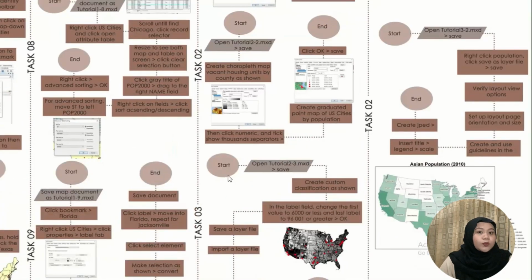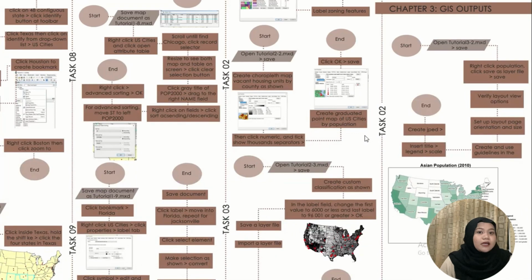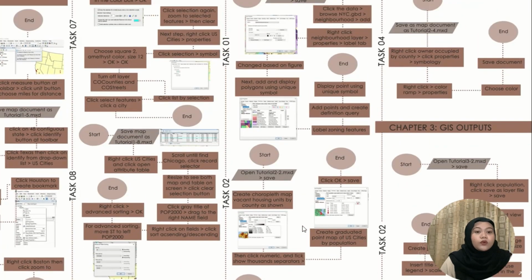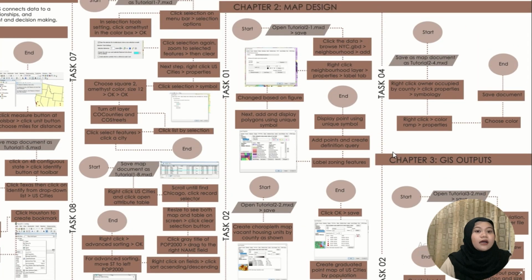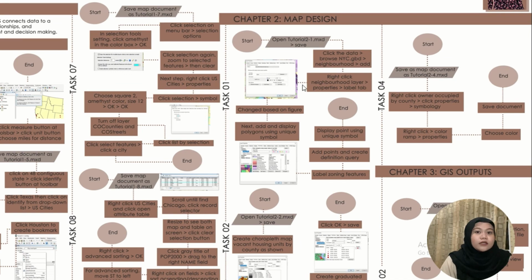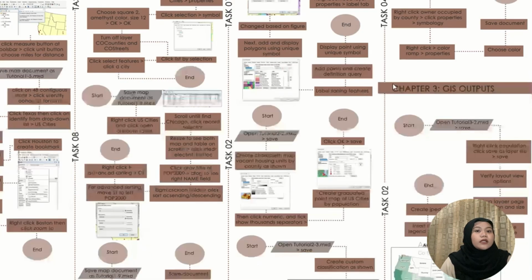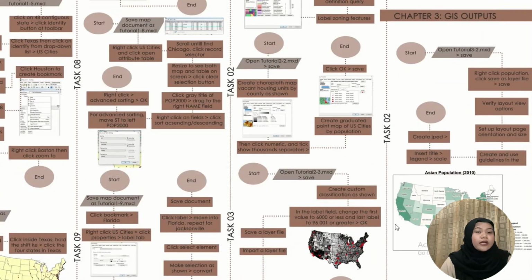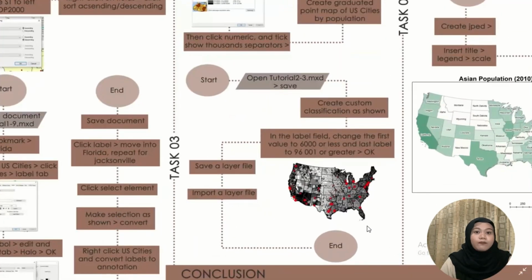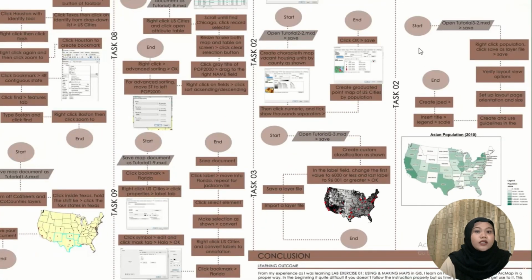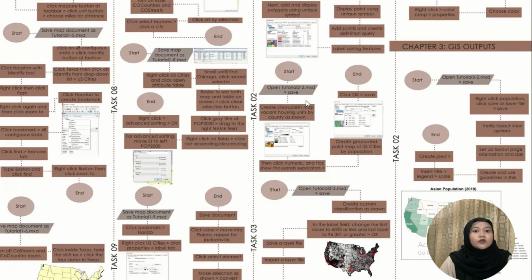In Chapter 2, we are introduced to map design. Basically, in Chapter 2, we learn how to change color by population, and also how to graduate a point map and create custom classes for the map. Last, in Chapter 3, how to create a map layout by creating and using guidelines in terms of scale bar, legend,